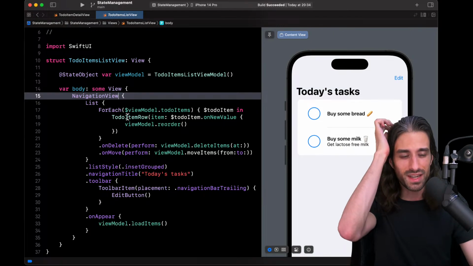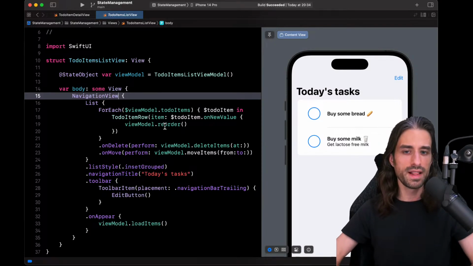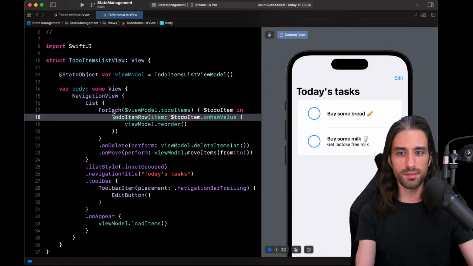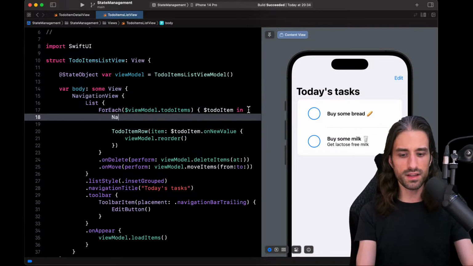So I want to add a navigation link to be able to navigate to the detail view. So first question we need to answer is, where do we put the navigation link? The answer is, you can see the navigation link as a button, and so you want to put it on the view that will trigger the navigation. So on the view for which you want a tap event to trigger the navigation. That's what I was saying. You can see a navigation link like a button, but a button with a very specific side effect, which is to navigate.